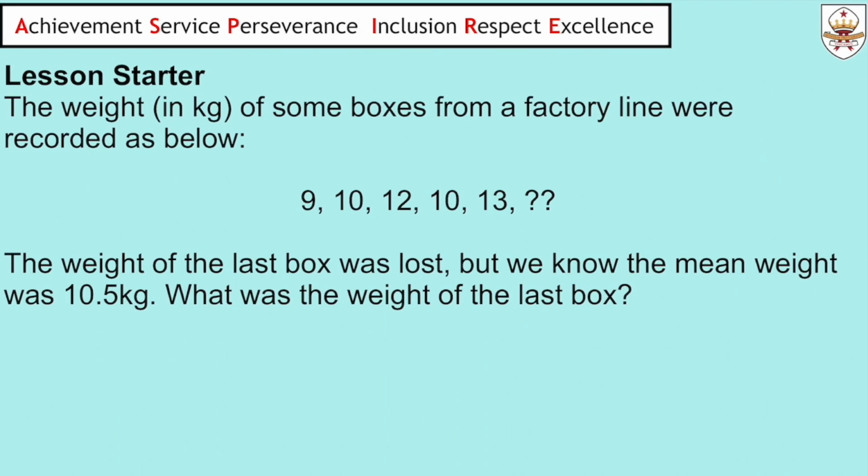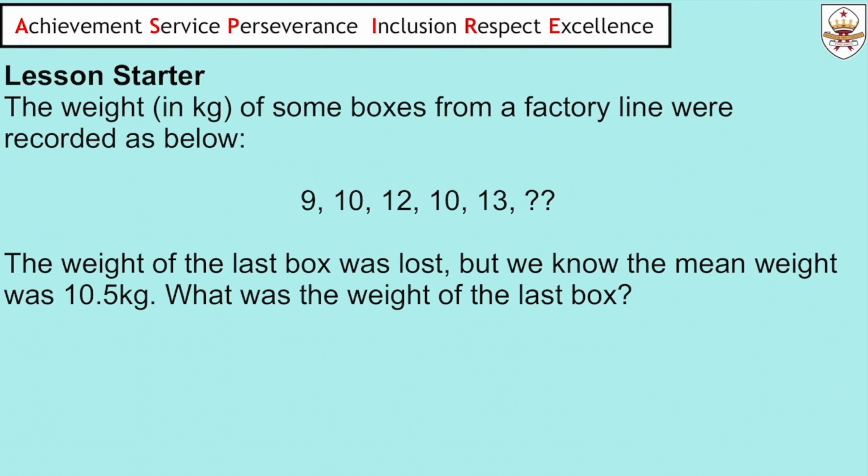First thing we're going to do, though, before we go into the lesson, is just do a bit of revision on some of the stuff we did around finding means. I'm going to ask you to pause the video, have a go at the question, and when you unpause, I'll go through the answer. Okay, so to do this question, the first thing that we're going to do is identify